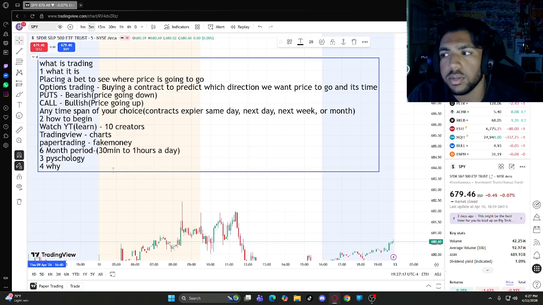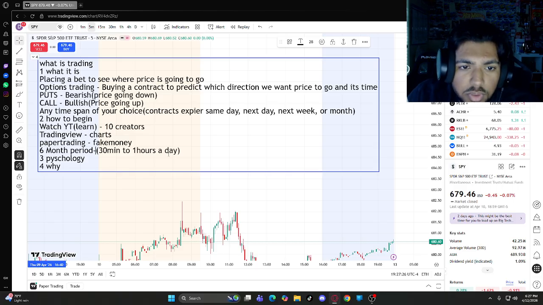30 minutes a day to 1 hour, I believe, is the perfect sweet spot. It allows you to learn. It allows you to not get burnt out. It allows you to have a sense of fulfillment throughout the day. You will feel fulfilled whenever you study for 30 minutes to 1 hour a day. And you don't have to do any hardcore studying. Watch a YouTube video, write down what you learned. Journal. Write down what you know about trading and what you thought about it.